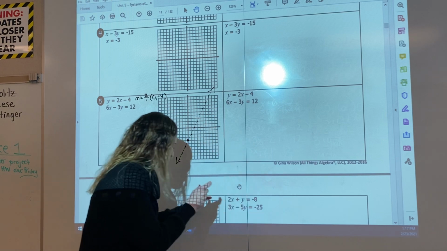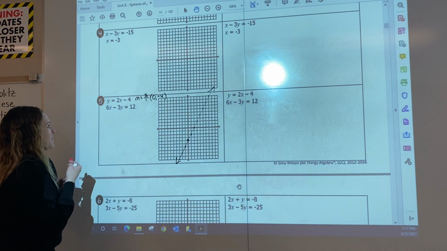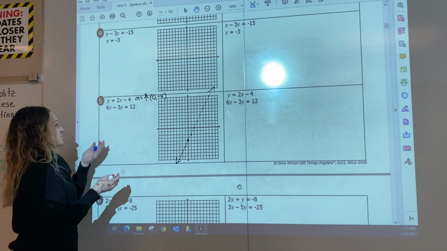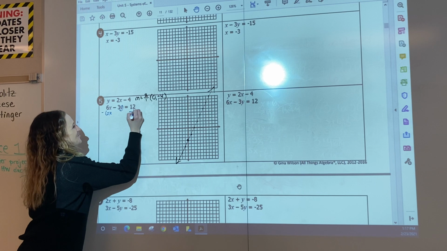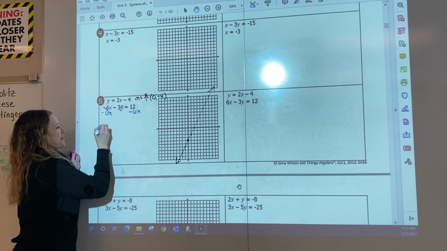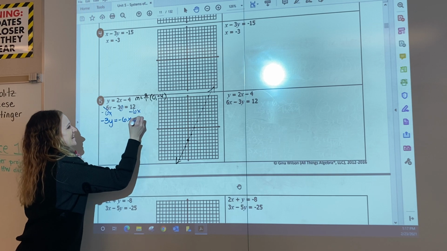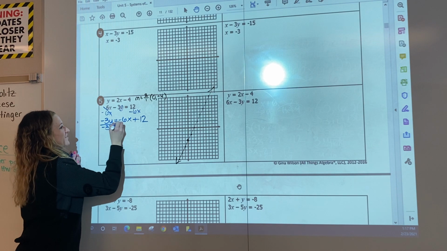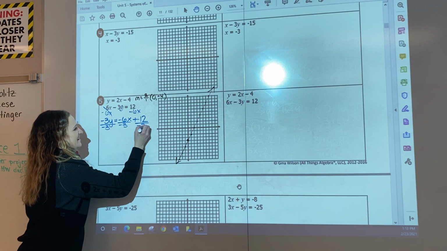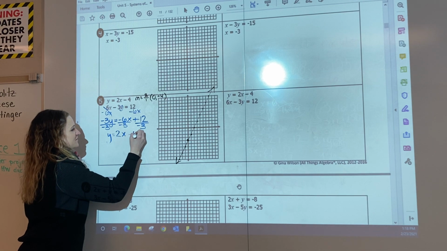Alrighty, let's look at our second equation. We're going to need to solve that one for y as well, but the other one was solved, so we need to solve that one for y. Let's subtract our 6x on both sides. That goes away. Bring down our -3y equals -6x plus 12. We're going to divide by -3,